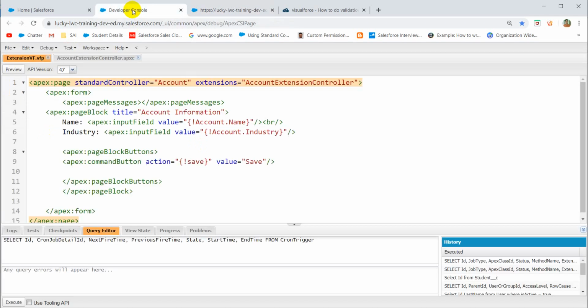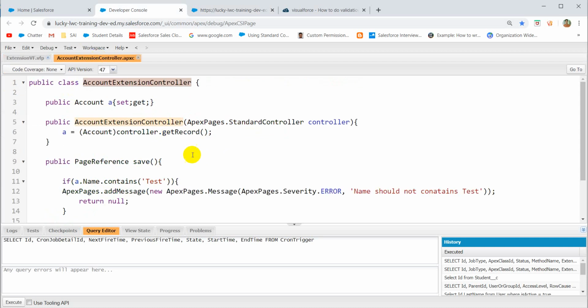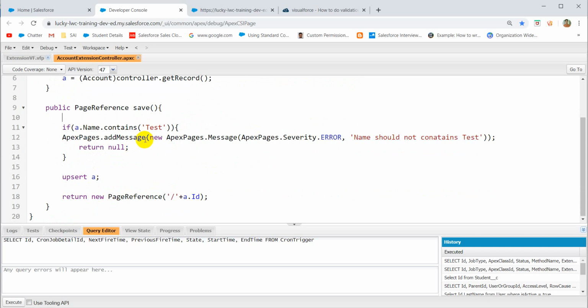So this is how you throw validations from the controller to Visualforce. Using apex:pageMessages, you add this tag here. Then in the controller, you add ApexPages.addMessage, new ApexPages.Message with the severity. These are a group of messages, and this is one message you are adding to it. ApexPages is the standard class. If you want to know about this class,